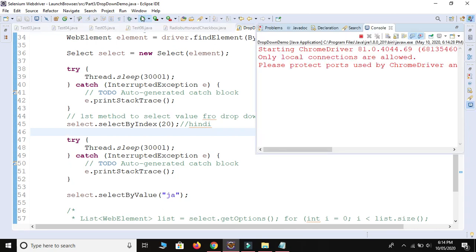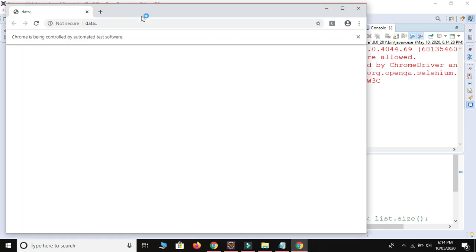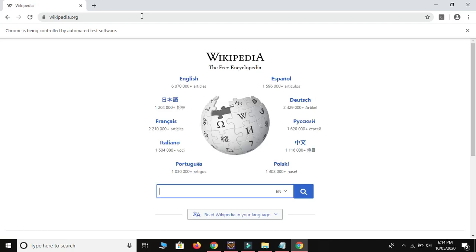After this I have one more interesting thing I would like to share with you. So just wait for the execution and focus on the drop down. EN, then HI, and then Chinese language. EN, okay. HI, okay. And JA, okay, means the Chinese language. So we are good to go.